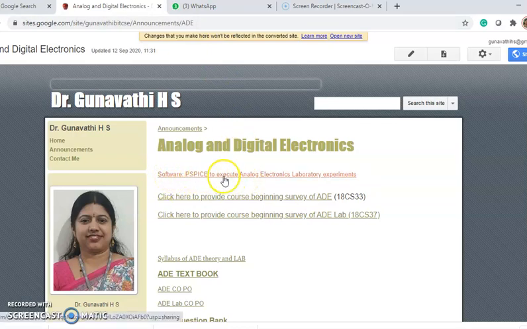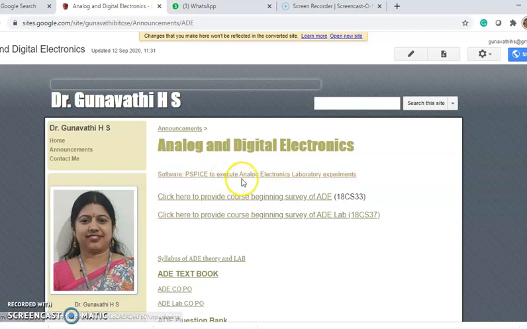This first link is about the PSpice software. You just download the software. Installation of the software is simple steps. Just after downloading the PSpice folder, double click on the setup file, where you have a computer blue color icon. Just follow the steps given there. The only option is you need to enable the schematics checkbox. The rest you can just follow and then finish off the installation. Very simple steps.